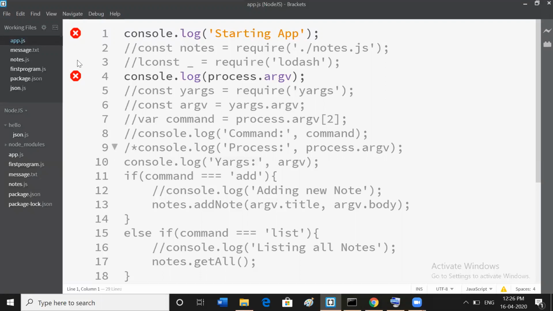So first, what's our duty? With respect to this node.js folder, you can create any folder. In that folder, you create the JavaScript file. Here I created the app.js file. In that app.js file, I wrote these two statements. One is console.log starting app, and another one is console.log